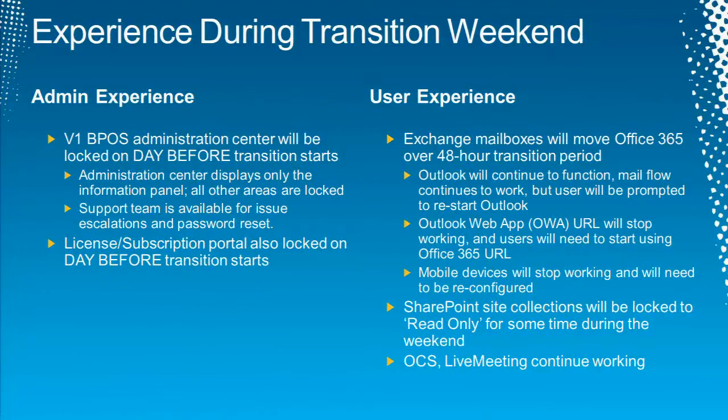They will be prompted to restart Outlook when the transition happens. Outlook Web Access, Michael mentioned that there is a new URL, so that's part of the user education. Say, hey, don't use the old URL in V1 for OWA anymore, use the new one. Likewise, mobile devices will have to be reconfigured. SharePoint sites will still work. The old SharePoint URLs that are sprinkled in emails and documents, those will still work. There'll be a special redirection so that when users click on it, they'll actually get to their new